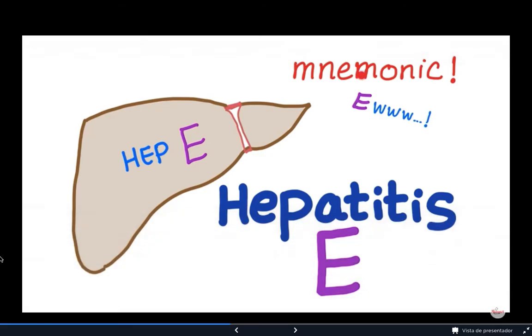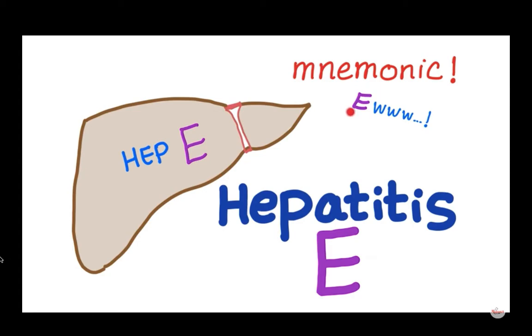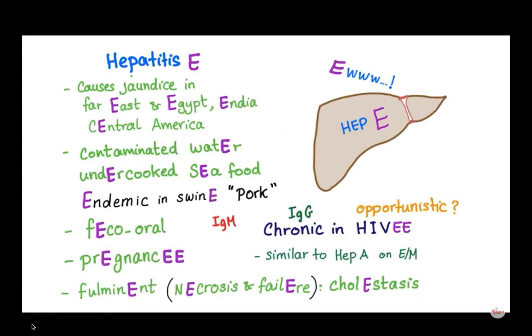Hepatitis E mnemonic. The E mnemonic, also known as the EU mnemonic, coming up. Hepatitis E. Remember, EU. It causes jaundice in the Far East, Egypt, and by Egypt I mean Africa. And by the way, Egypt is my home country. India, Central America,